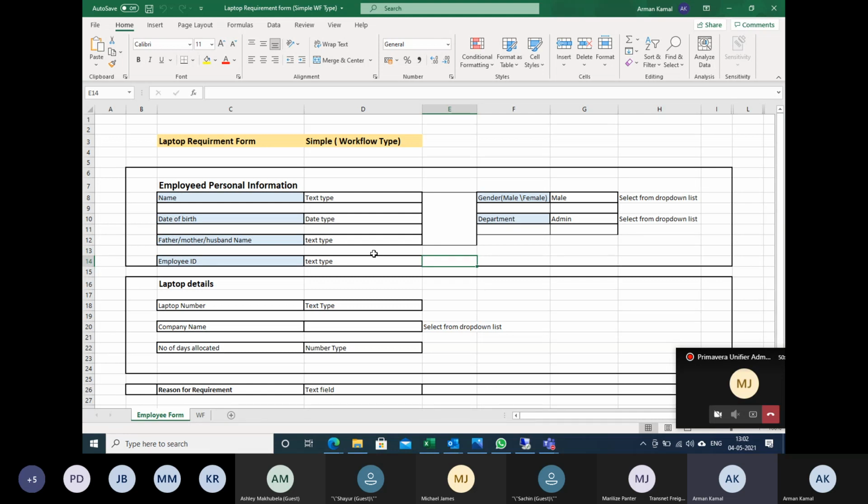Why will we create this information again, since we already have employee personal information? I will simply integrate or pull those details from the BP itself. Okay, so let me try to do that. So the below one.